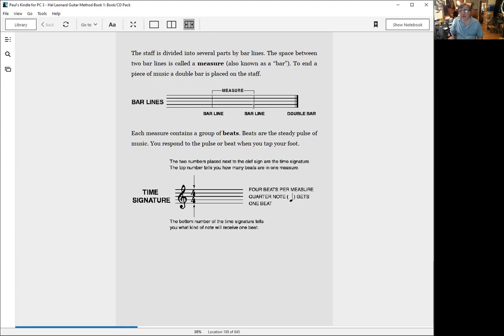Music is divided up numerically, as I said. The staff is divided up by bar lines. The space between 2 bar lines is called a measure or a bar. So because the top number here says 4, I can fit 4 beats, any combination of 4 beats, into each measure or bar. Now the next diagram,